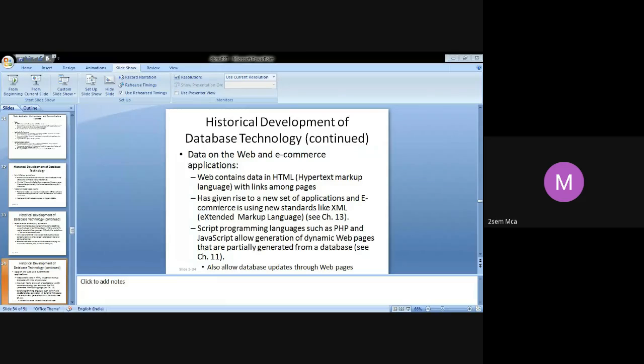They used HTML and Extended Markup Language, considered the primary standard for interchanging data among various types of databases and web pages. So we started with the hierarchical and network model kind of database, where, I'm just summarizing, they used only the programming languages, and there was no separation of the different schemas, so everything was getting mixed up. There was a lot of mixing up of data, storage, everything.